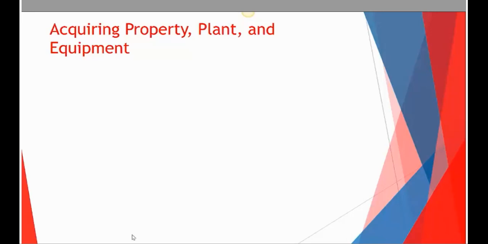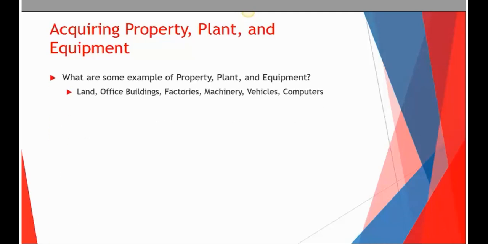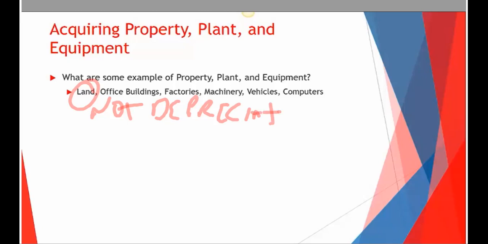So let's start with the acquisition of property, plant, and equipment. Again, it's commonly referred to as plant and equipment, your fixed assets. Some examples: land, office buildings, factories, machinery, vehicles, computers. What else you got to add, Boz? Those are normally just what I think of. It's, what does a company need in order to produce stuff? They need a plot of land, a building, and then machinery and computers inside. And something that's going to last for more than a year, usually. Yep, exactly. More than a year.